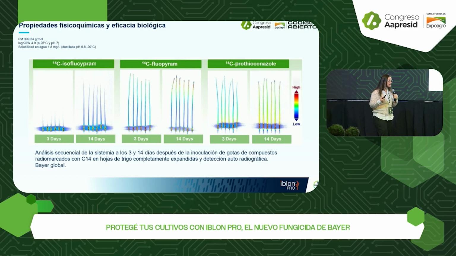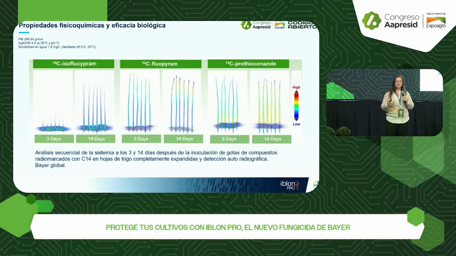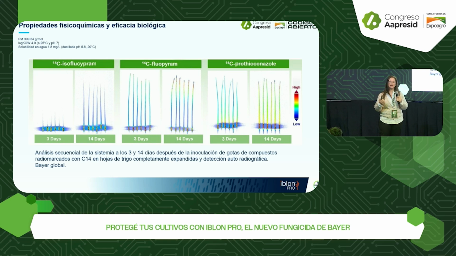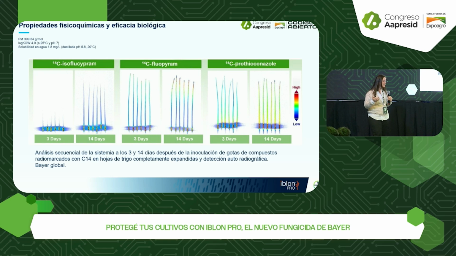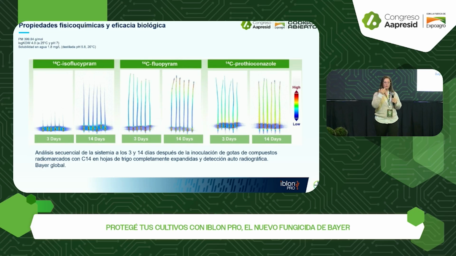Let's go to the first chemical feature, which is molecular weight. You are looking at 399, the figure there. Is that weight high or low? Chemically speaking, it is a high molecular weight. It's a heavy molecule. The second characteristic, log Kow, or P logarithm, as it is sometimes called, is the ratio between